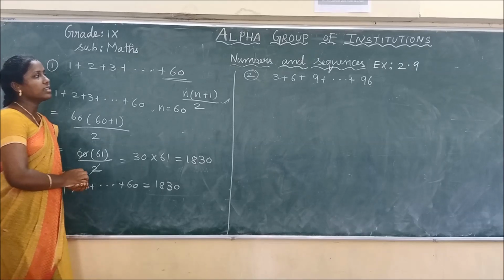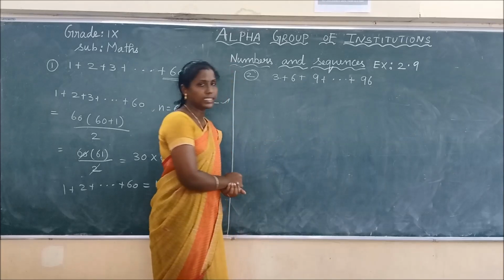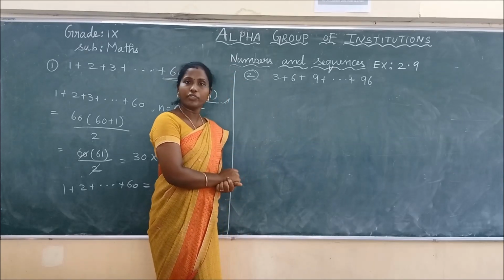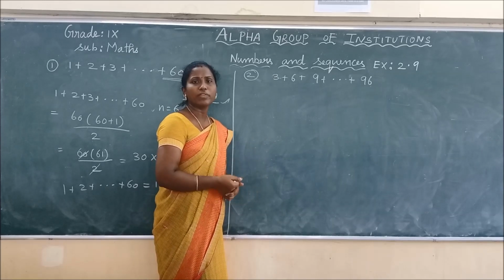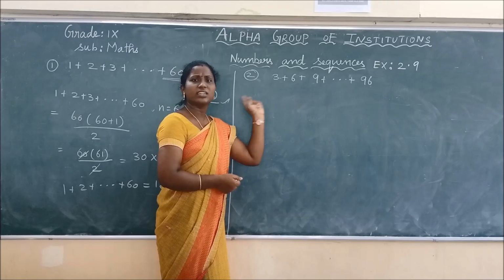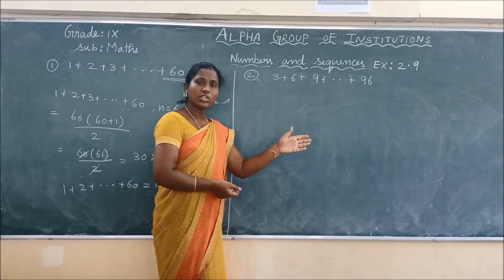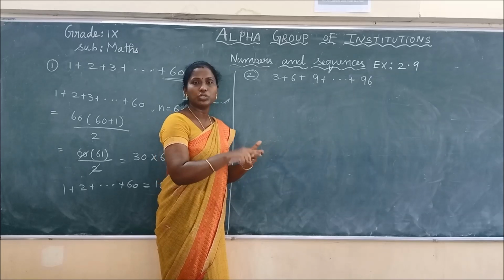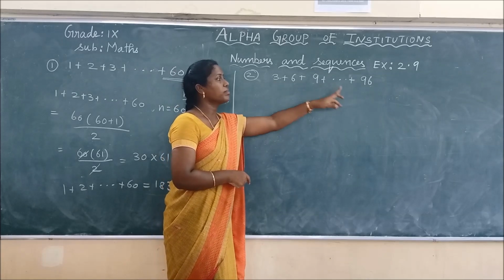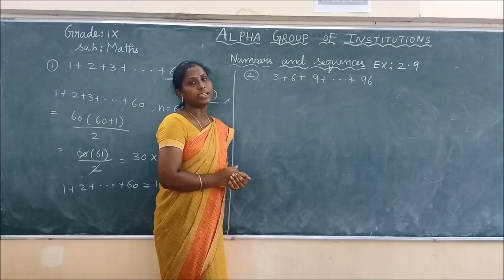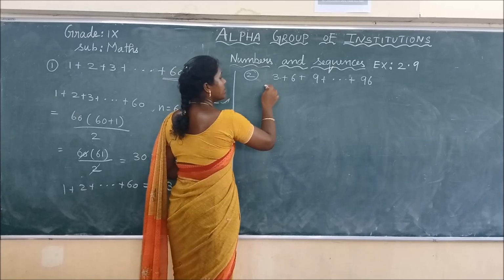Yes. Let's see the second problem here. 3 plus 6 plus 9 etc. up to 96. Again, this can be solved in the way of AP, but on the basis of special series, what formula can we use? 3, 6, 9. It is not the sum of first n natural numbers, because natural numbers should be continuous, 1, 2, 3, 4, 5. But see here we have the numbers 3, 6, 9 plus etc. up to the last value 96. So how do we solve this? See, it is a multiple of 3.